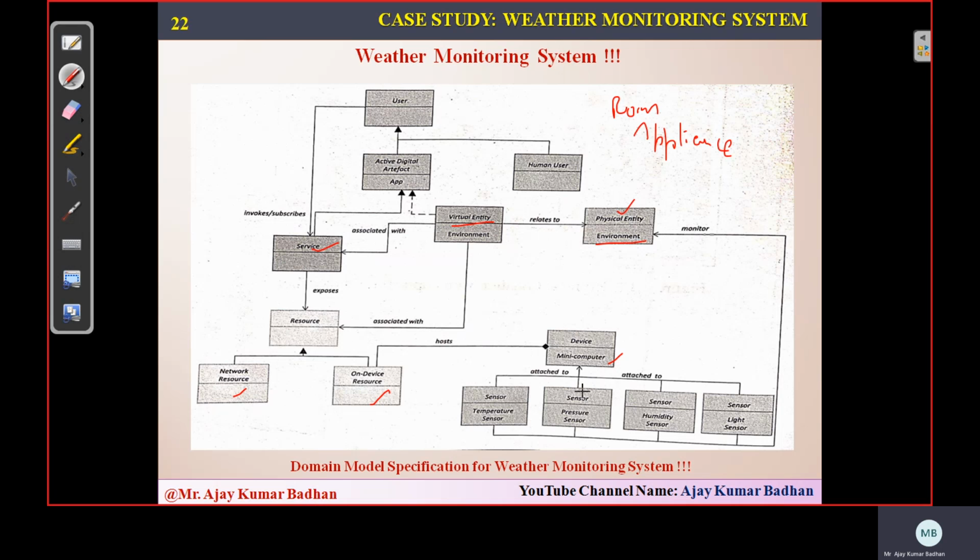So we are using a mini computer. But in the previous diagram, we saw only two different types of sensors, LDR and relay, in your home automation system. Whereas coming to the weather monitoring system, we need a sensor for temperature, and sensors for pressure, humidity, and light. So this is the way you have to represent the diagram. The remaining process is the same here. The user will be using this application and it will perform the operation.